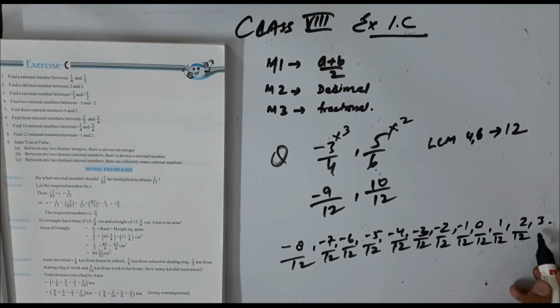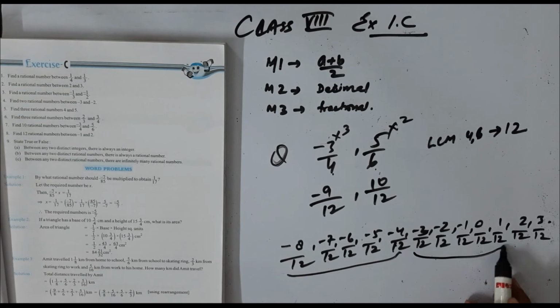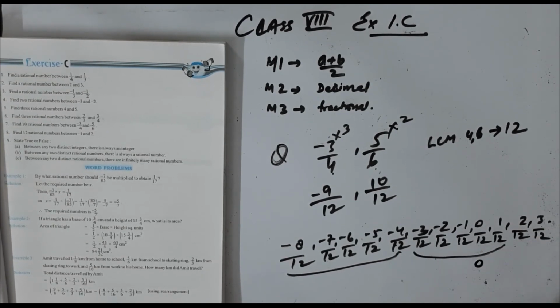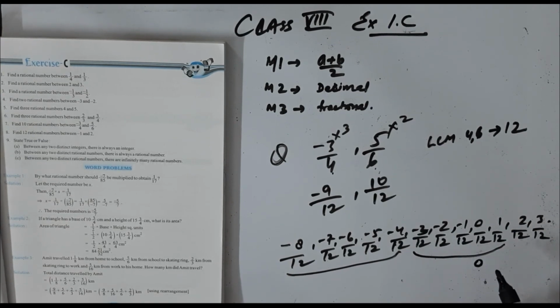So what they're asking is 10 numbers. You can take any 10 numbers. So I'll take these 5 and these 5. Here the thing is this: 0/12 can be written as 0. Whatever, sometimes it is getting cancelled, you can cancel it. Sometimes here it is also getting cancelled, here it is getting cancelled. So if you want to get it cancelled, do so. Otherwise, this is the answer. I hope it is clear.